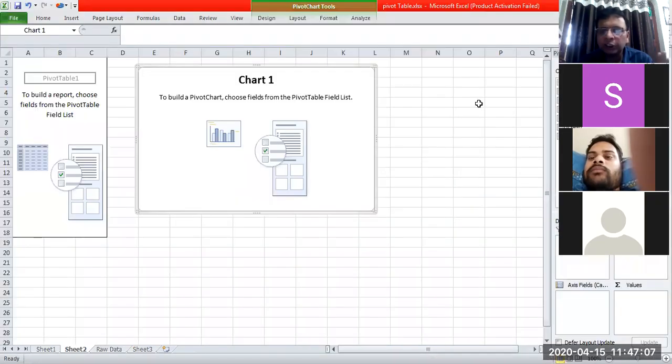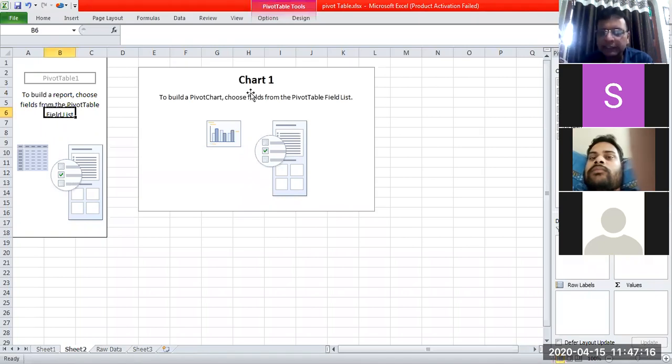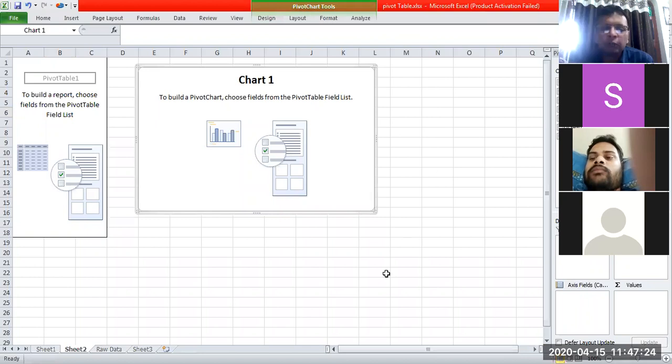On this worksheet, now there are 3 windows. On the left side, it is showing you the data window. In the center, it is showing you the chart window. And on the right side, it is showing you the field list. Now I can pick and choose what kind of data I want to actually put into the chart.